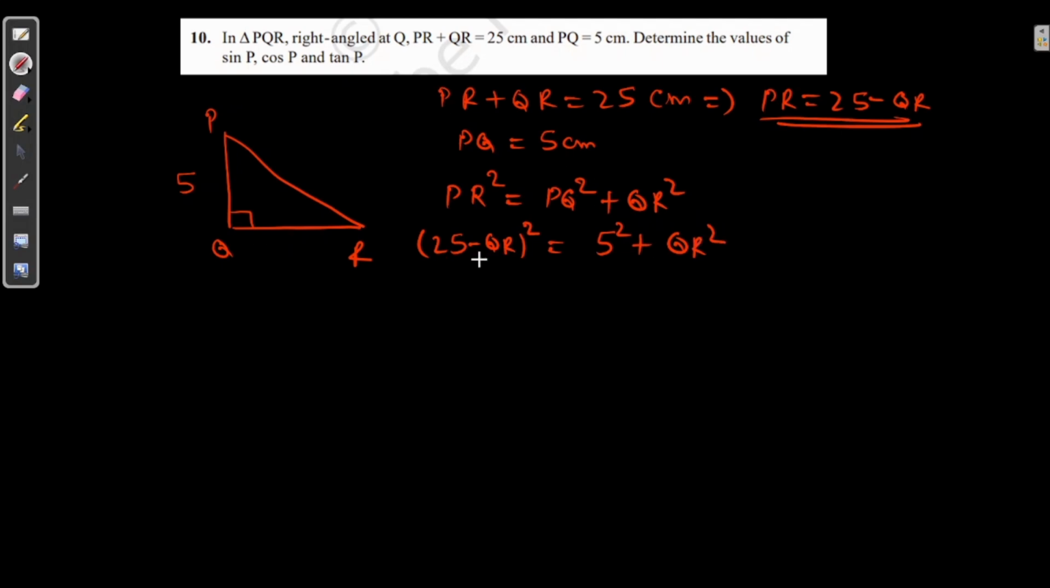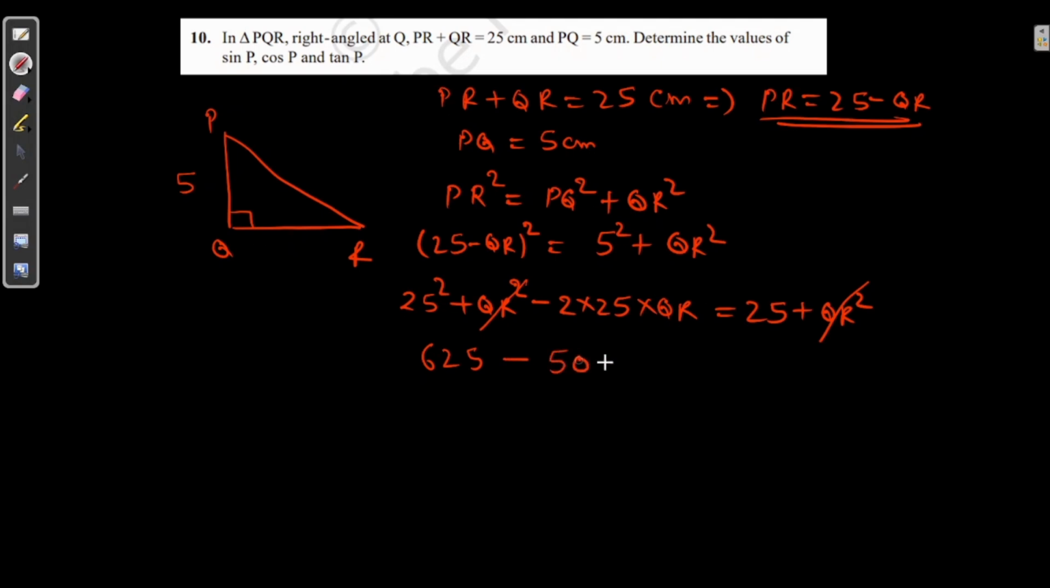Now you can see it is A minus B whole square. The identity is A square plus B square minus 2AB. That is the identity. 5 square is 25. Then we are having QR square. This plus QR square will go this side in minus, just simple transposition rule, and they are going to be cancelled. So I can cancel it now. 25 square is 625. Then we will multiply 2 into 25 is 50. It is 50 QR